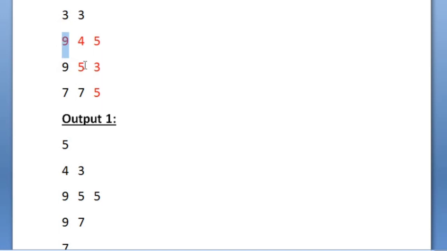So it is 5. And then again for 5, we have an integer present at next row, next column. So again we print 5. But after this, there are no more integers in the next row and next column. So this would be the end of our diagonal. Here in our output also we can see that first we are printing 5, and then we are printing 4 3, and then we are printing 9 5 5.